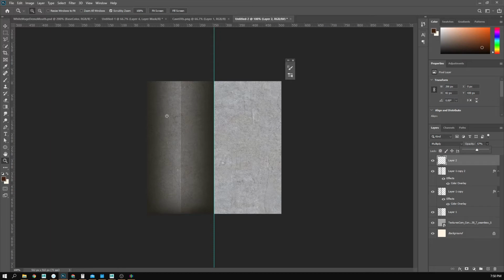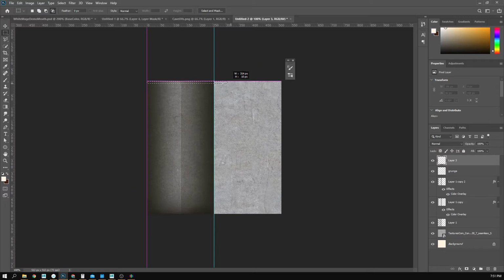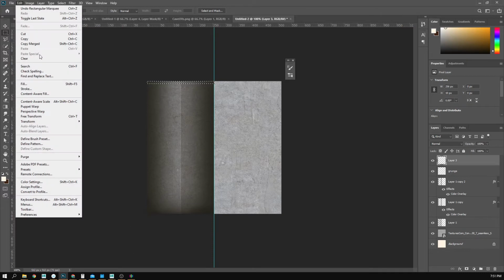Okay. Now that I have that, let's go to the top part. The top part maybe has an area that we can use for, I don't know, a little bevel or something on the inside, and that's gonna give cracks or something to that. So let's try that. I'm gonna go into another layer, and so that was my grunge. We'll use this one right here as I'm gonna use fill, go across the top here, and I'm gonna put a bevel on it. So I'm gonna take this and do edit, fill,